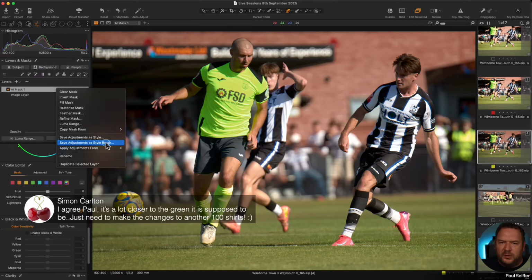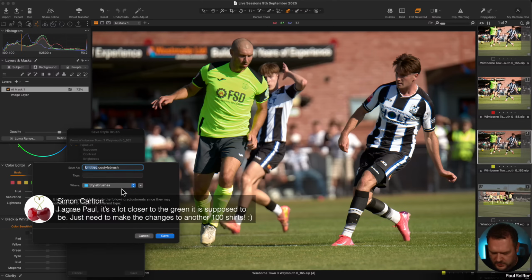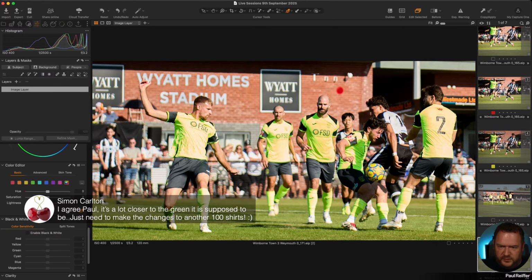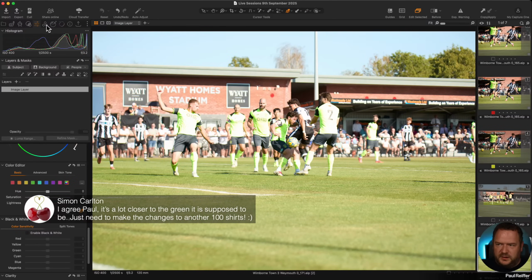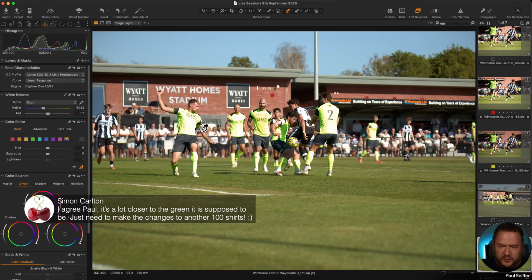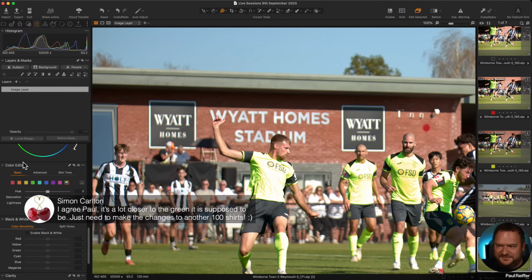Green nuclear shirts as a style brush. Let me reset these adjustments. Change this, because we can, to linear response, because it does help a little bit, but it's not going to fix the problem. Go into my style brushes,